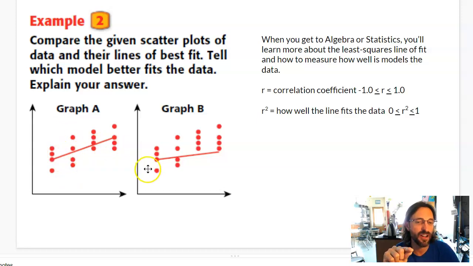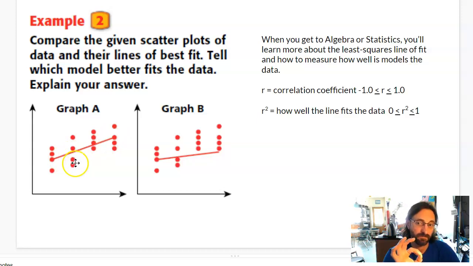When I compare that to graph B, I've got a lot of points over here that I'm shooting below. I'm basically under-predicting what the real value would be. So in this example, I would say A would be a better fit because it's in the middle of more data points. There's less error between the actual data points, which are the circles, and the predicted values, which would